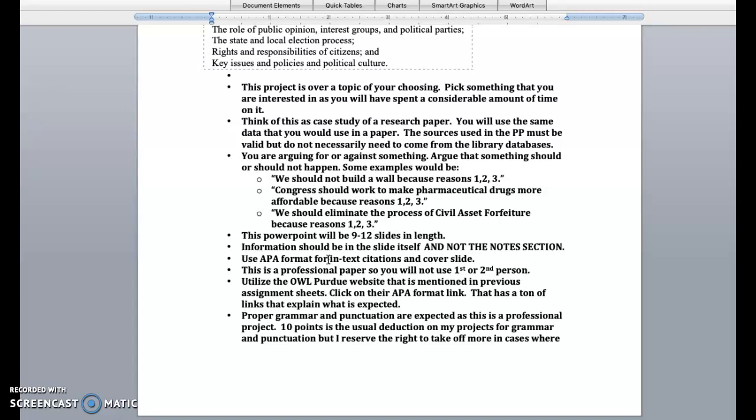Use the Purdue OWL website. If you just Google Purdue OWL, you'll be able to find it. Proper grammar and punctuation. Even though I say 10 points, as on basically any rubric you're going to see, think about it in terms of getting your message across. While it may look like only 10 points, remember that if you haven't gone through and done a basic spell check or a basic grammar check,